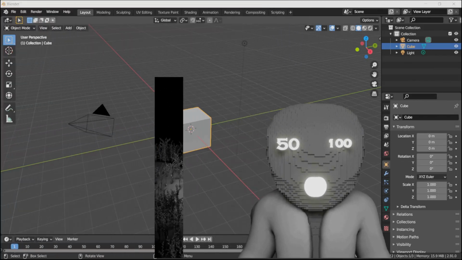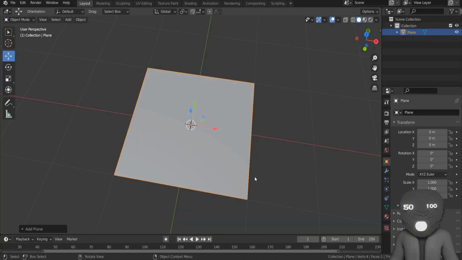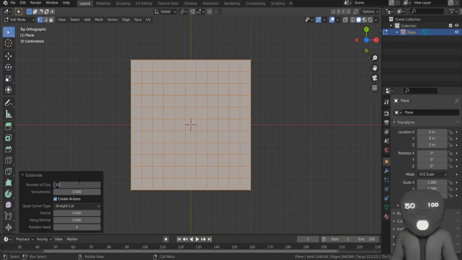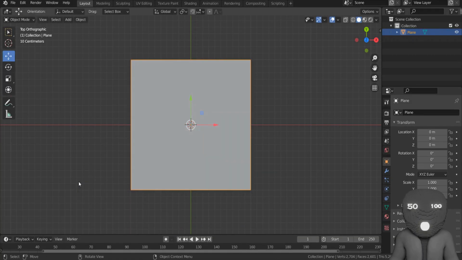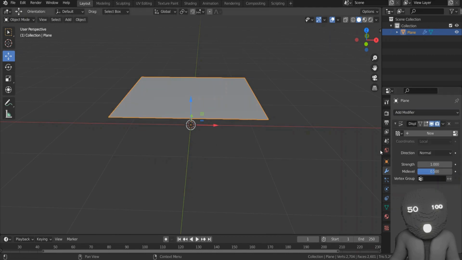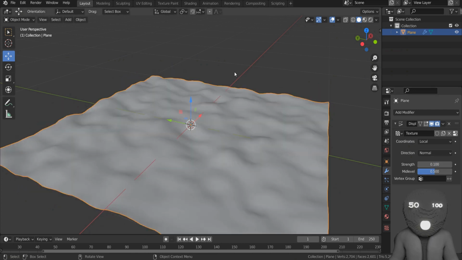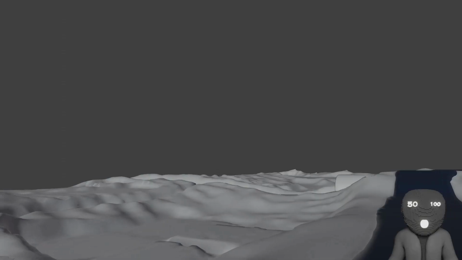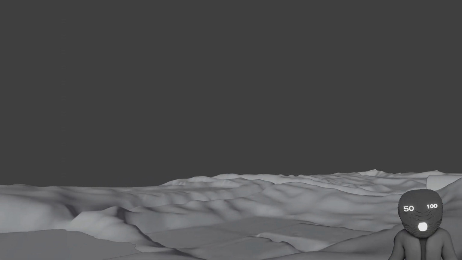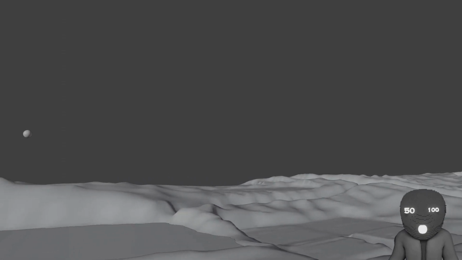So I was using Blender 2.90, and we start the scene with some simple planes. It will be our ground, so I subdivided the planes a couple of times, then added displacement modifiers, and then put some textures on it, like Clouds, Musgrave and Voronoi. It will create some small hills on the ground. Then for the ground closer to the camera, I add more detail.